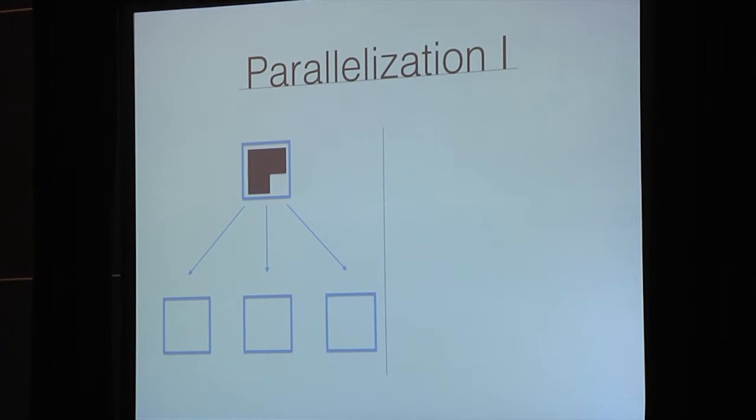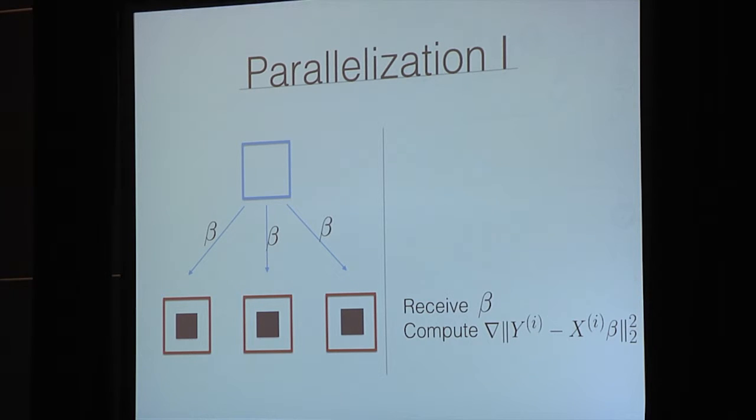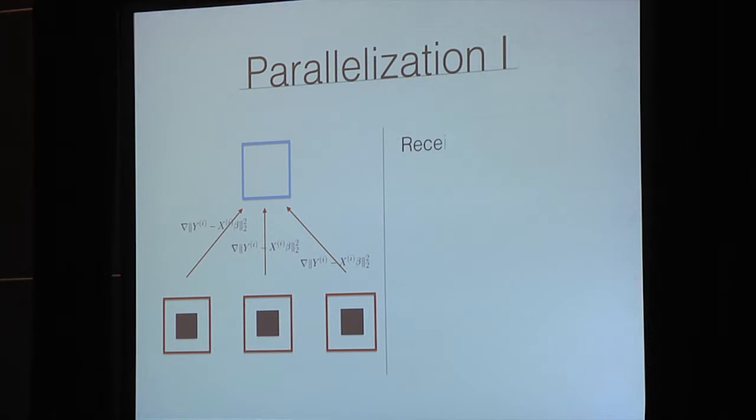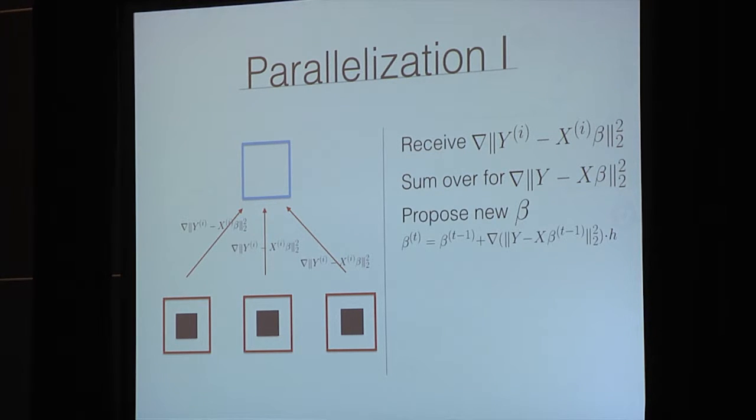So here's how it works. Suppose this is a system, and you first distribute your subsets of data to multiple machines. At each iteration of the gradient descent algorithm, you first propose a new beta from the master machine, which is passed to the submachines. Once a submachine receives the beta, it computes its part of the gradient and passes the value back to the master machine. After collecting these values, the master machine sums them to get the value of the gradient, and then proposes a new beta according to the formula. Then it goes to the next round and repeats until convergence. So what's the problem with this system?